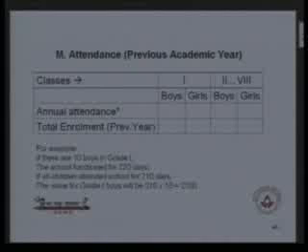Completely fill the data capture format and hand it over to the CRC coordinator, the Cluster Resource Center coordinator. After that, the CRC coordinator receives the format. It is the responsibility of the CRC coordinator